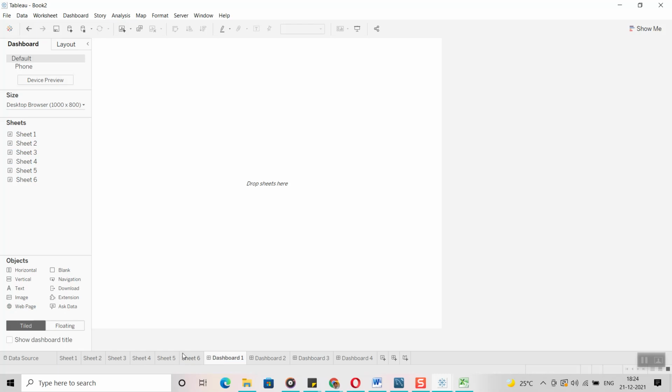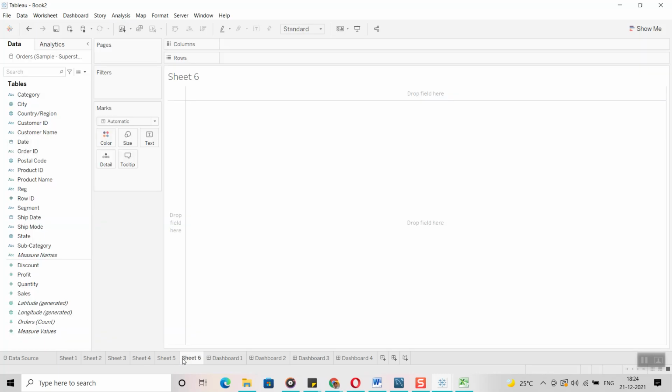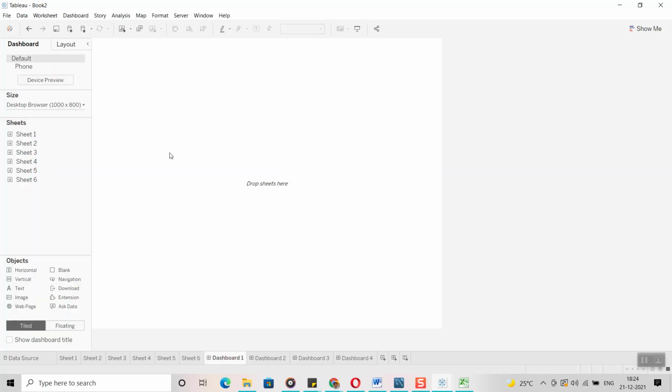All these graphs, all these visualizations, whatever you have created at the worksheet level, you are going to show them collectively at the dashboard level. So simply coming to definitions, we can say a dashboard is a collection of worksheets, or a dashboard is a collection of visualizations.